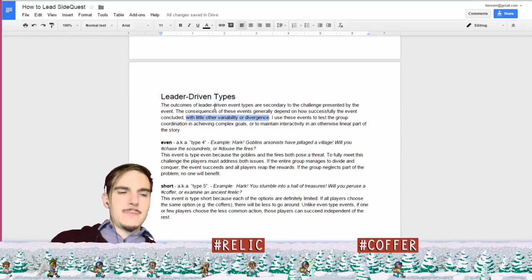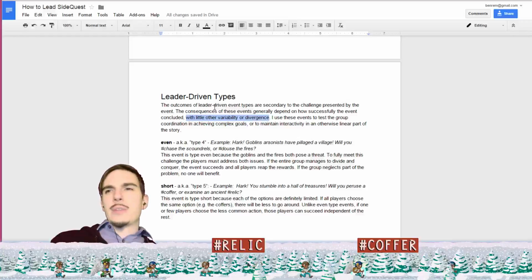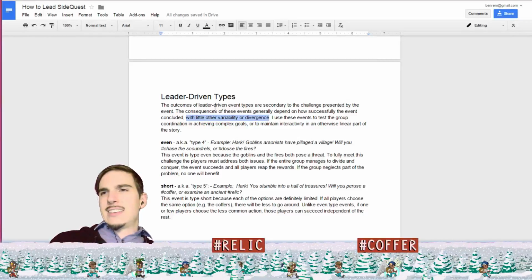And so the event types originated with how players work together to